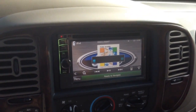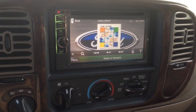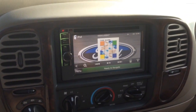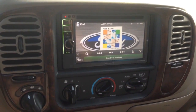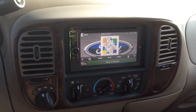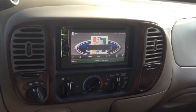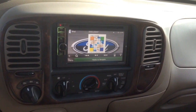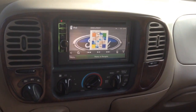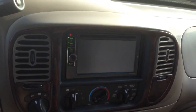The stereo, some of you may remember, it was installed in my 2001 Mustang Bullet, but I took it out when I sold the car, and I wanted to install it in this truck, which it sounded okay in the Mustang. It wasn't really that compatible with the Mach 460 factory stereo, but in this truck it sounds really good. I'm not going to bother cranking it up or anything. It's kind of pointless on a video because you can't really get the full idea. But this stereo is a Kenwood DNX 6190, and it's got navigation,